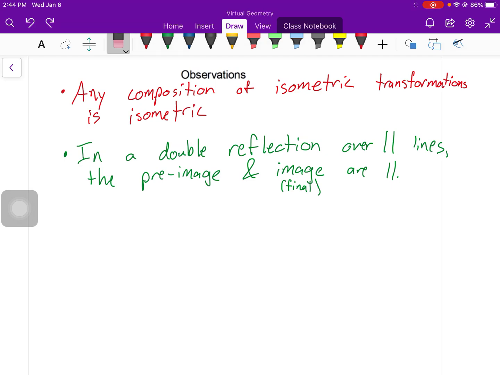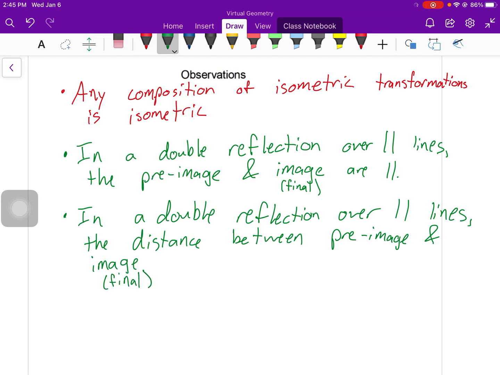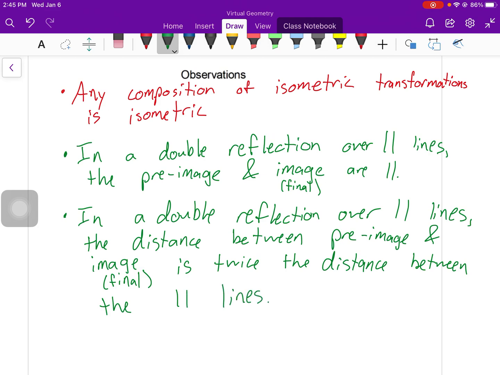Okay, now another thing, if we are doing that same double reflection, so in a double reflection over parallel lines, the distance between the pre-image and image, again I'm talking about the final image, that double prime piece, is twice the distance between the parallel lines. Now again, I'm going to go back to that same picture again, just to kind of show